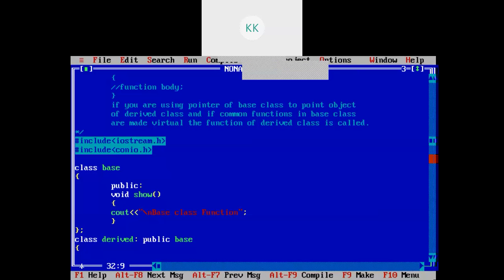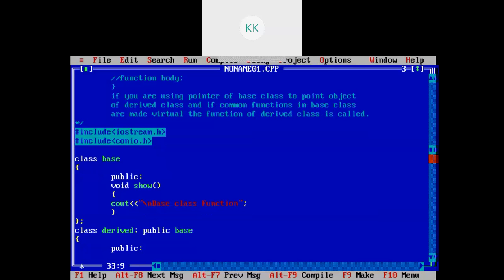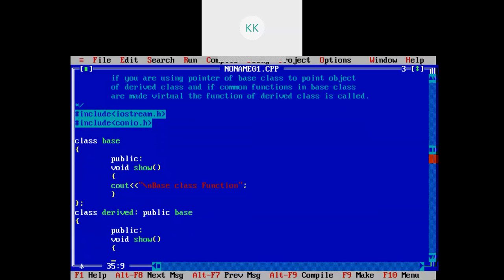Here also I will write one function void show, and here cout derived class function.